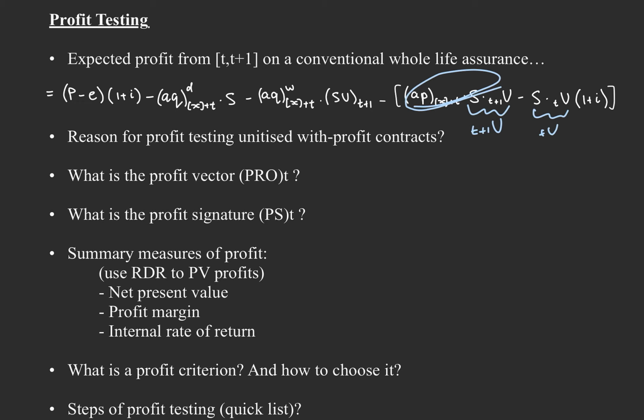Okay, so why then must we profit test for this in particular? Well, the reason why I'm asking this question is because unitized with profit contracts are essentially designed in such a way that we're supposed to distribute all of the profits back to the policyholder. Okay, so why then is there a need for profit testing if we're just going to give all the profits back to the policyholder? Well, the reason is because